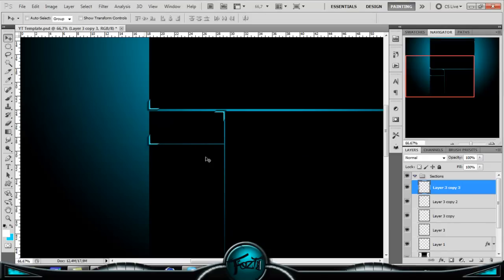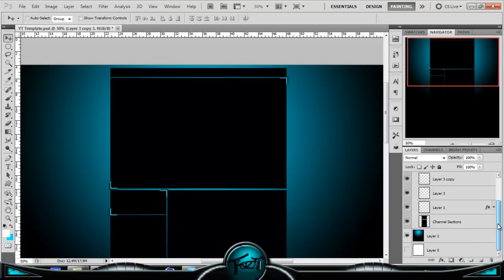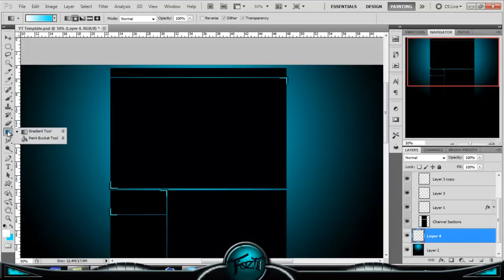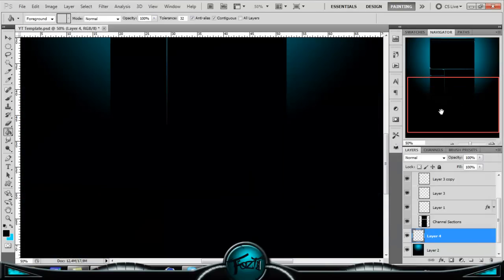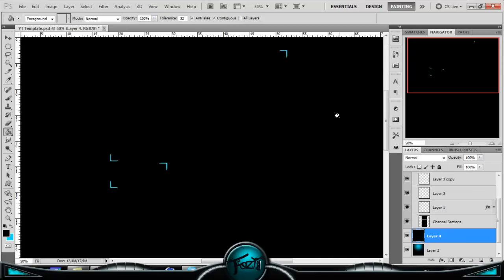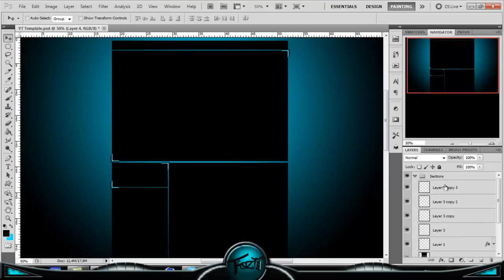Just put them like this, because let's say if you have a black background, you're not gonna be able to see this channel sections. I'm just gonna find the paint bucket tool. It's black and fill like this. Okay, this maybe wasn't the best thing to do,